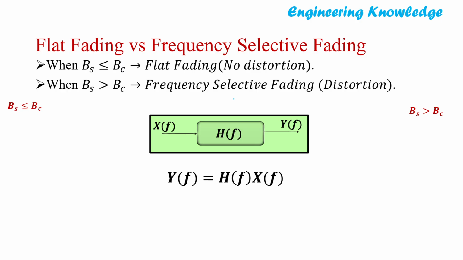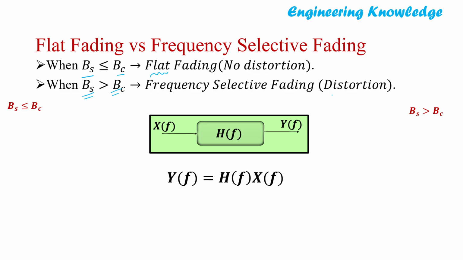So we can also mathematically and graphically represent this. When the signal bandwidth Bs is smaller than the coherence bandwidth, the phenomenon is said to be flat fading. The distortion will be less. There will be attenuation, but the distortion will be less. Distortion is changing of the state of the signal in the frequency domain, but fading will be there. A0 will be there, but it will be less distorted. But when the signal bandwidth becomes more than the coherence bandwidth of the channel, then it becomes frequency selective fading